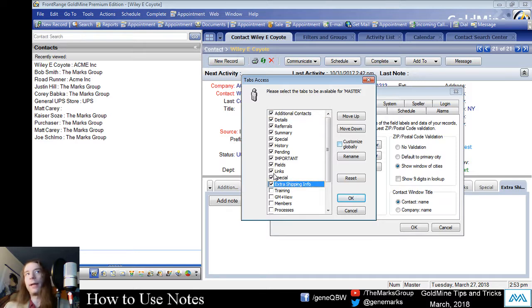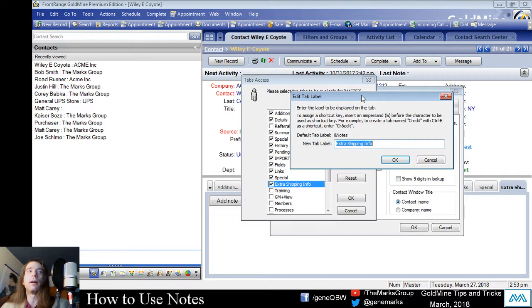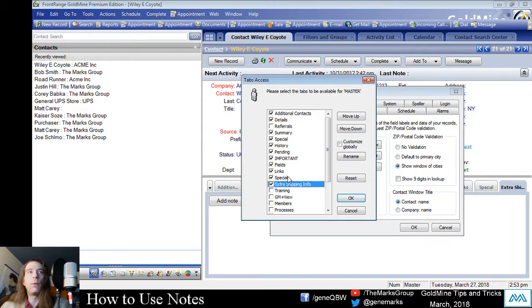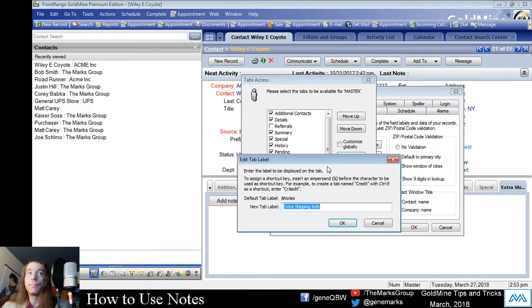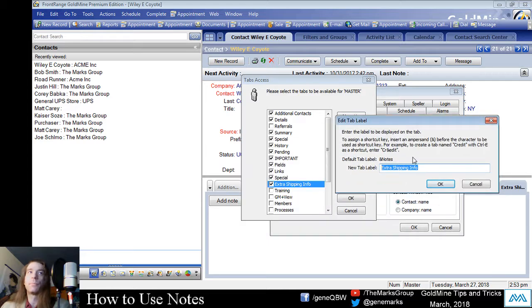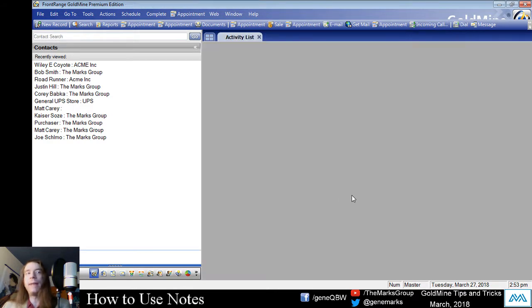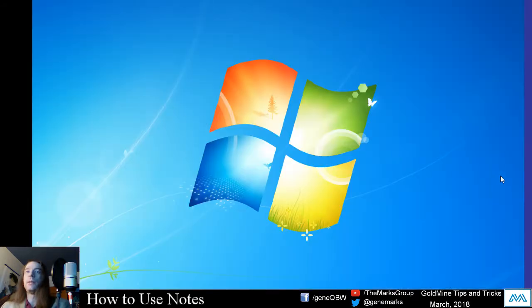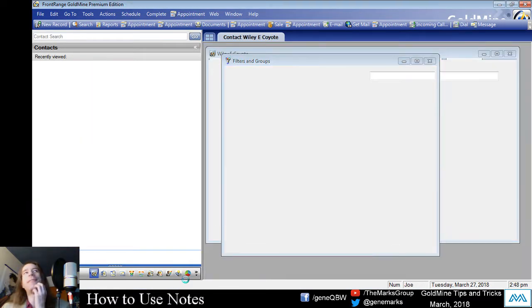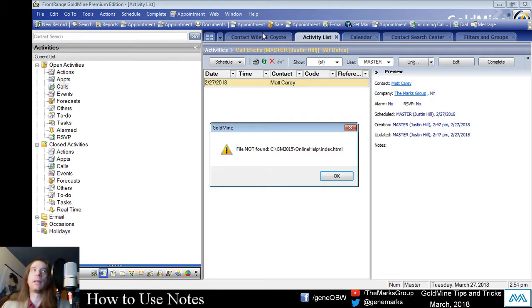So in this case, maybe I want to disable referrals. No one uses referrals. Remember referrals back in the day when that was a thing in the world? Business referrals? Not so much anymore. I digress. My point here was to show you that for any one of these tabs, you can actually rename them. And I had renamed my Notes tab to Extra Shipping Info. And that was to kind of painfully urge the end user to only use that notes tab for extra shipping info and nothing else,